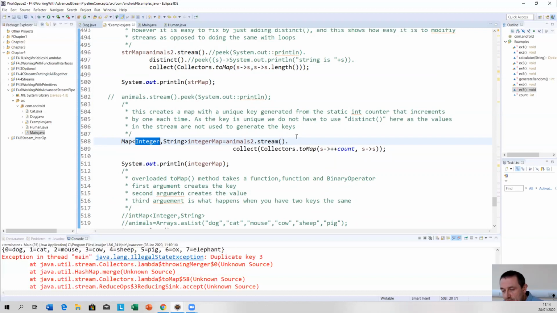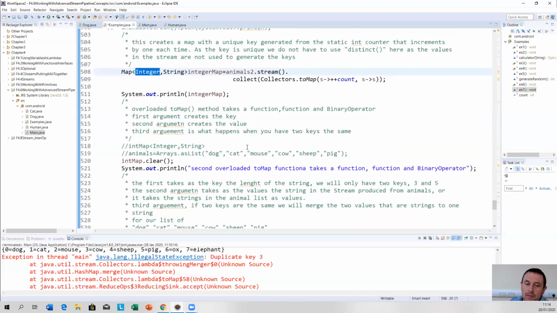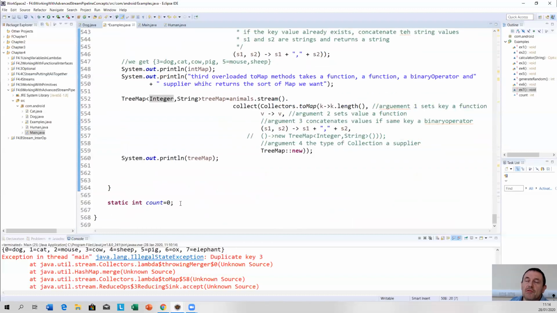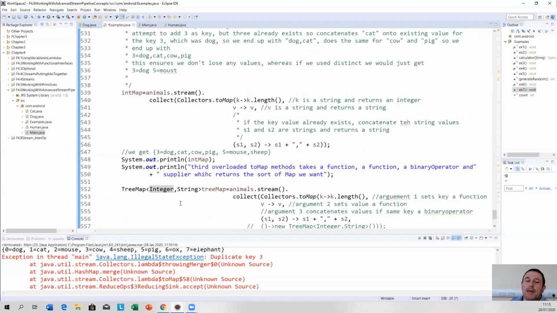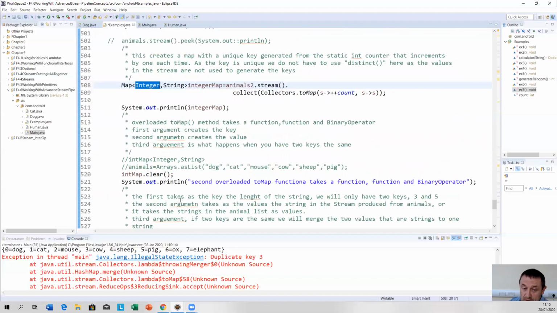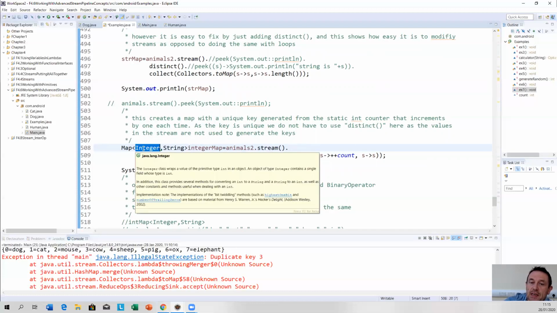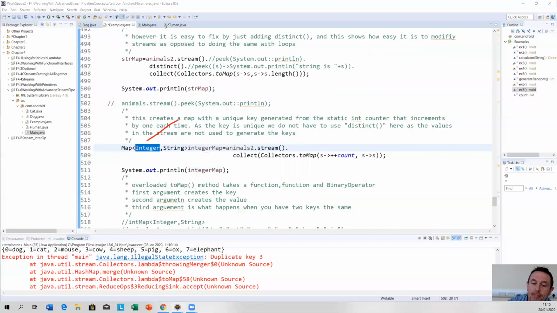Now, I created a variable called, it's down here, static int count is equal to 0, okay? So that's what the value is going to be at the very start of our program, okay? So we have Map integer string, integer map is equal to animals, so this is the key, this is the value,